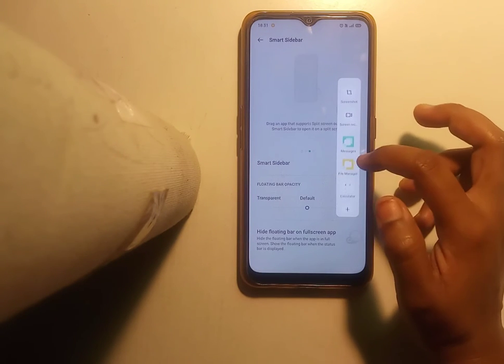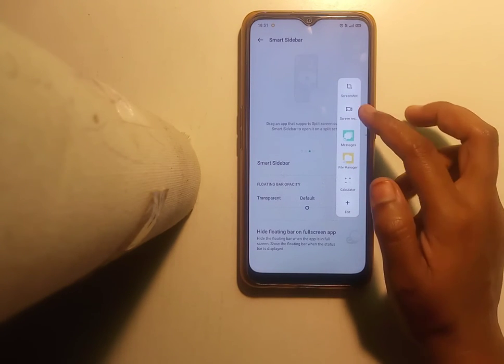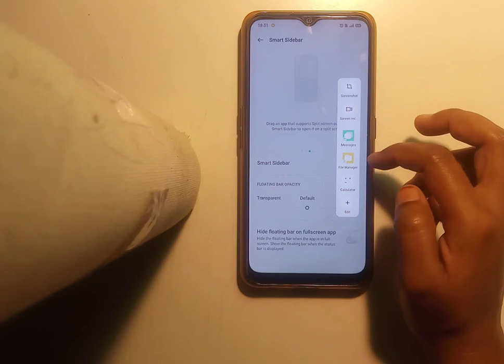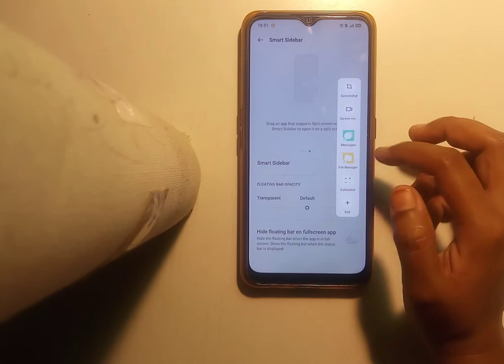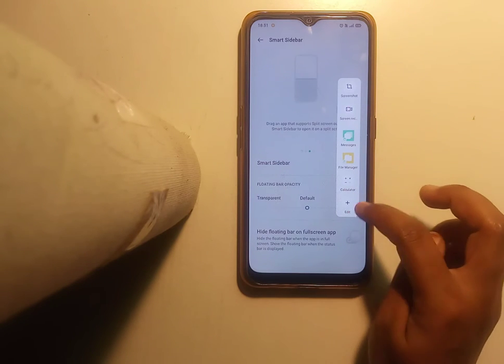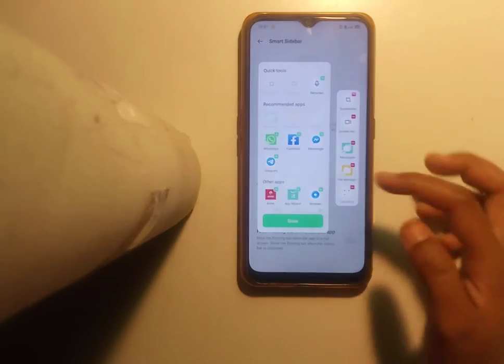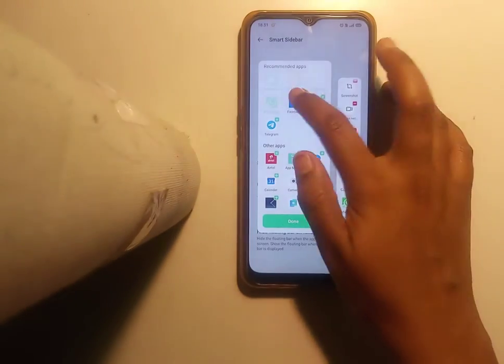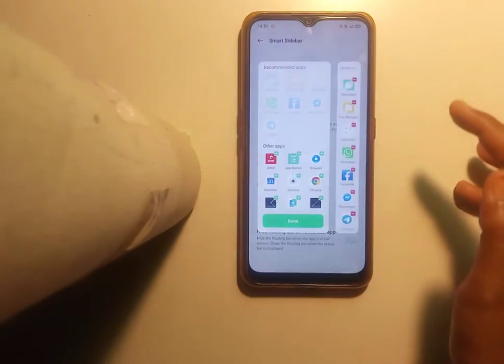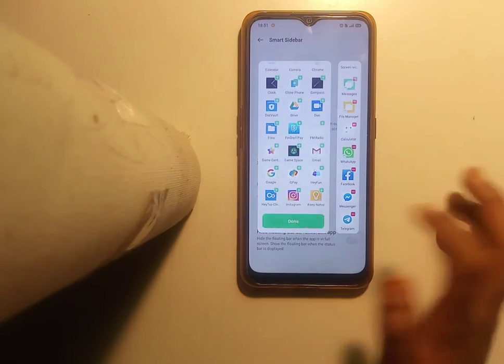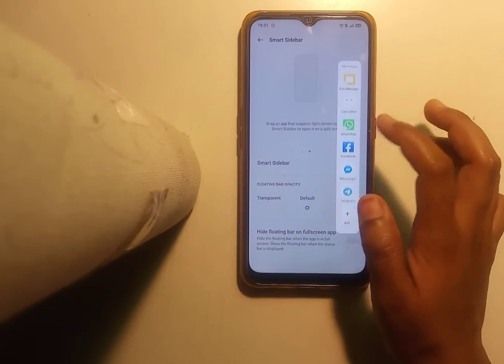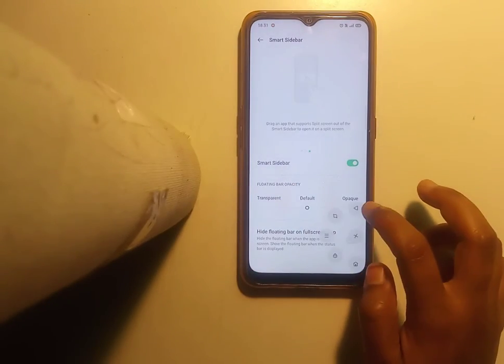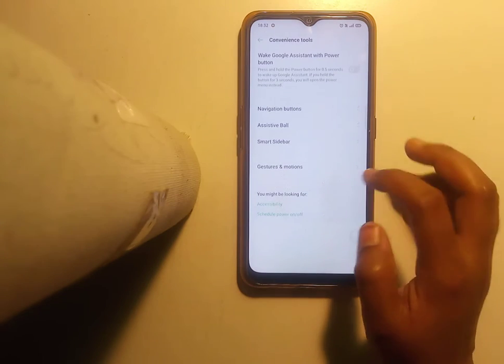These all are the shortcuts to message app, file manager and calculator. If you want to add some more apps, you can add. It is the edit. We'll add Facebook, Messenger, and Telegram and all. Done. These all are present here now. It will work like this. After that,